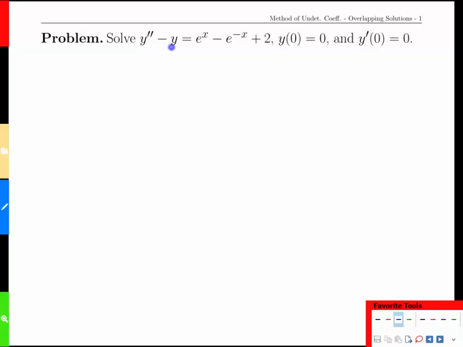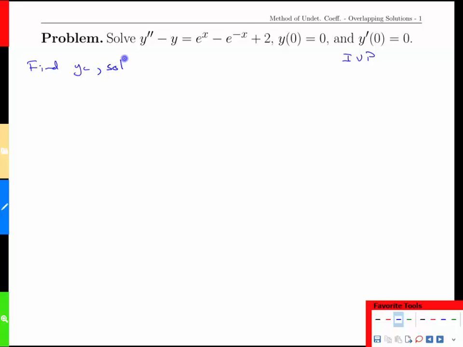We are now asked to solve this non-homogeneous differential equation, and we'll notice that we've added another detail here. It's an initial value problem, and we're going to see there's a second wrinkle that turns up along the way. But that'll become obvious as we go through the solution. So, when we have something like this, we try to do the easy part first, which is the complementary solution,